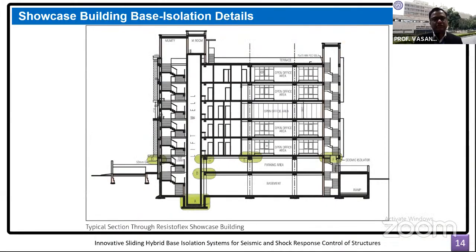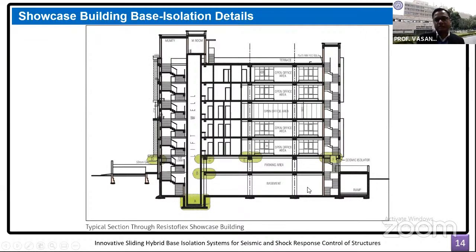So this is the sectional elevation of the showcase base isolated building. The highlighted portion, we have shown some details of that. You can see at the ground plus 1 level, we have shown the isolators. And then this is the lift core or lift well. So it is a kind of hanging lift well. It does not touch the ground here. There is a gap, and I will show you those details. And then some seismic gaps that we have provided in the staircase region immediately after one enters the structure at the entrance lobby.